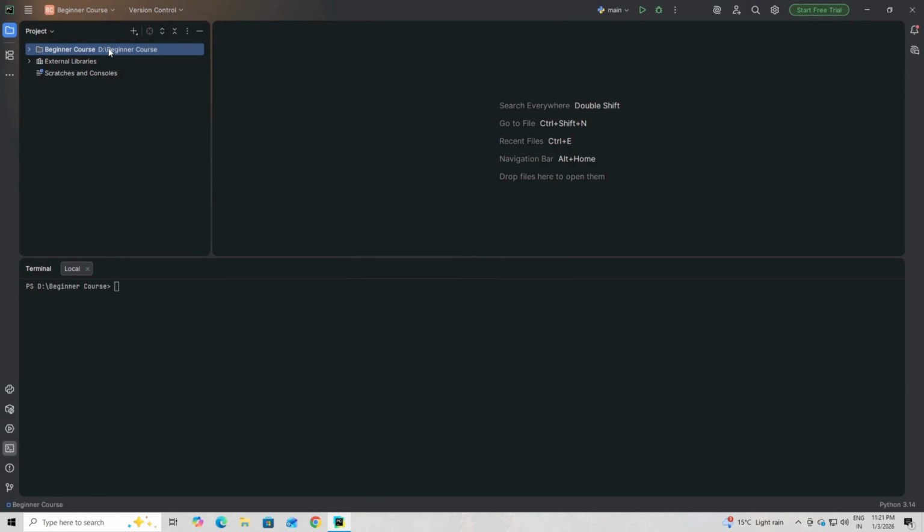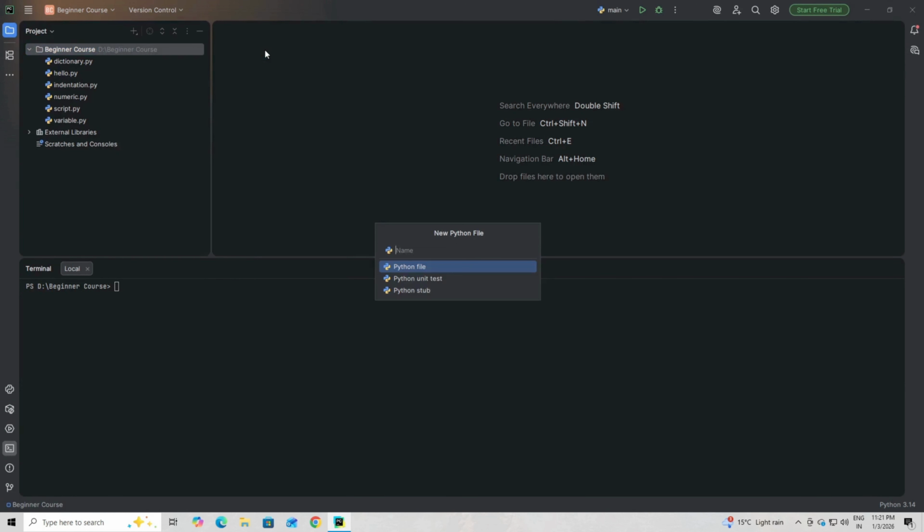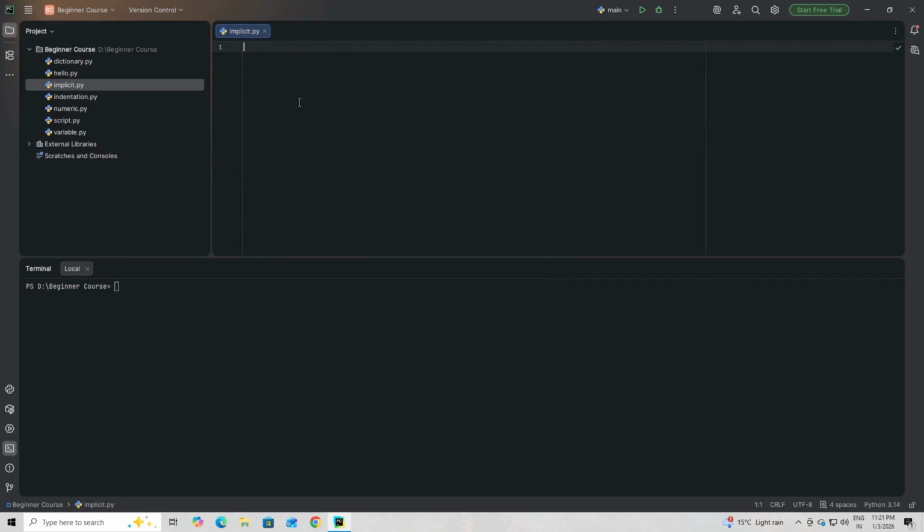Let me open the PyCharm window over here. I'm creating a new file called implicit. Now I'm typing a small code snippet, and then I will explain line by line what I'm doing exactly and what this implicit operation does in Python. I'm defining a variable a = 10 and another variable b = 20.30. Then I'm putting another variable over here, c = a